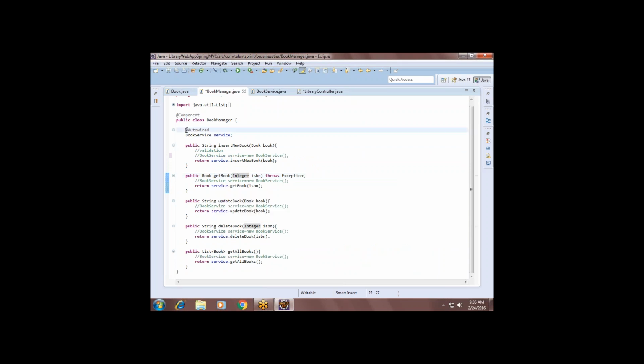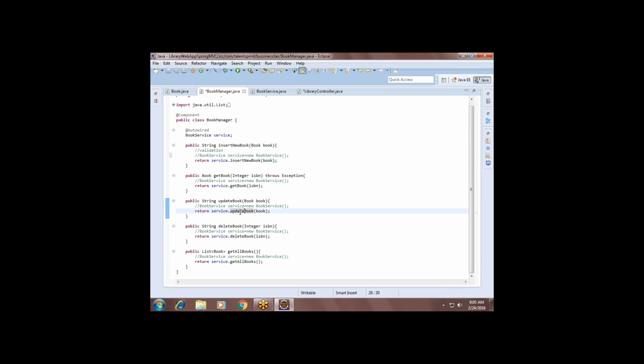So you just create one more object for the book service and you say @Autowired. Don't say new BookService, use @Autowired. So who will create the object for the book service? Spring will create the object for the book service, is it or not? And it will inject it. Then you can use service.insertBook, service.getBook, service.updateBook.